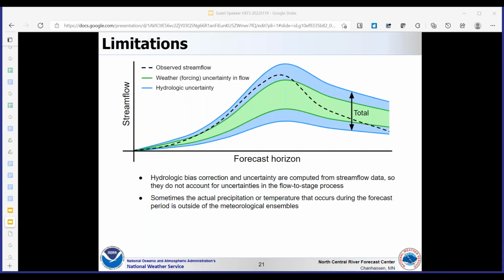So even though we're trying to capture all this uncertainty in the forcings and the hydrology, there are still times when the observed values can end up outside of the uncertainty bounds that we have computed.